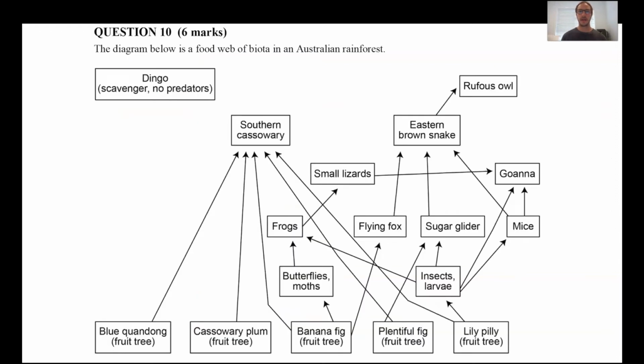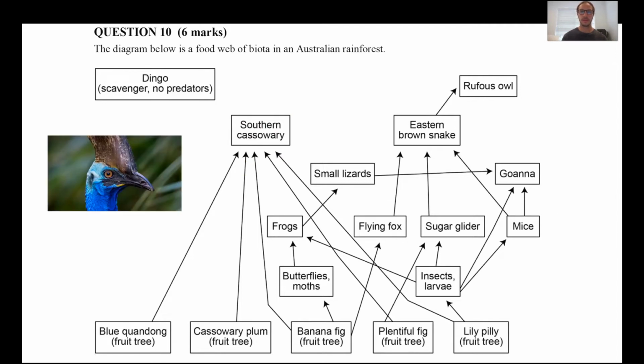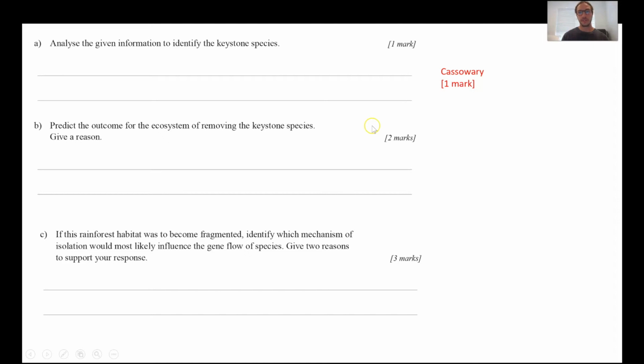This is an interaction map, and it shows a food web of biota in Australian rainforests. It's most likely up in the northern rainforest because we see the cassowary here. If you just look at this map, which of these species do you think is the keystone? I hope that you might have seen that all the producers here actually feed into the southern cassowary here. So as we go about these next few questions, think about, okay, what role does the southern cassowary have? What service does it provide to this ecosystem, this most likely simplified version of the real ecosystem, as we think about these next questions? So we've already spoken that, yes, the cassowary is the keystone species